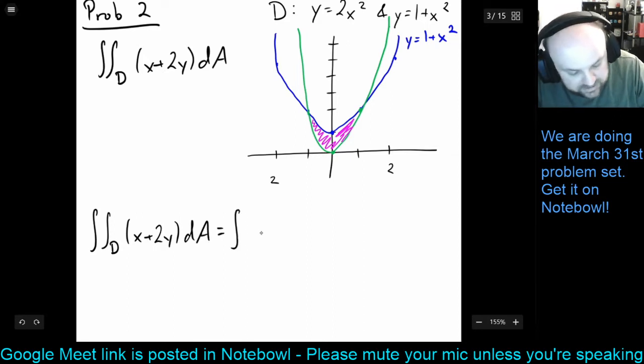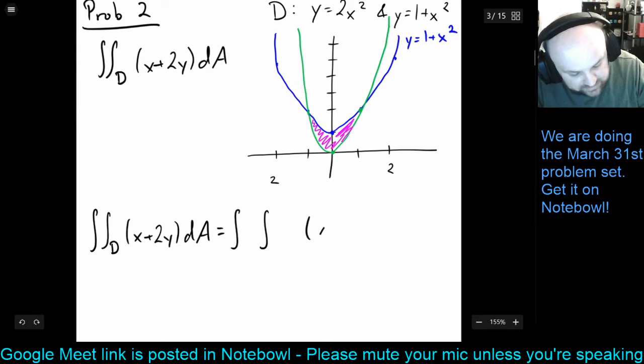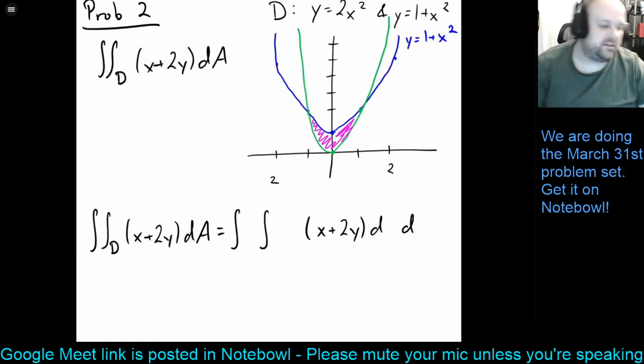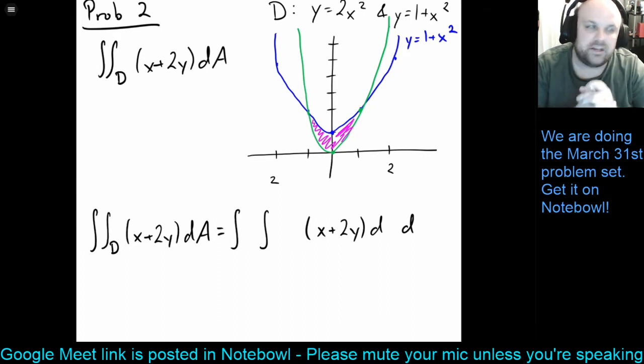So what we want to do, we have a couple things to think about here. The first one is, in what order are we going to integrate the function? Are we going to do dx or dy first? Again, when you're trying to set up your bounds for an integral like this, when you're trying to pick the order of integration, you want to think,